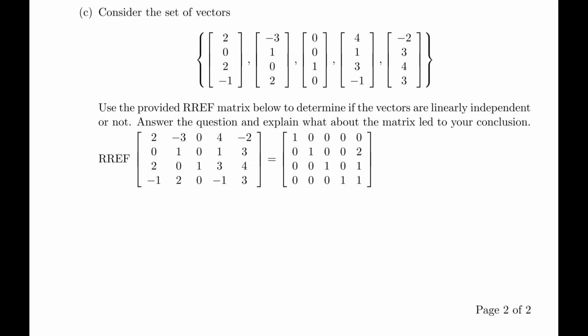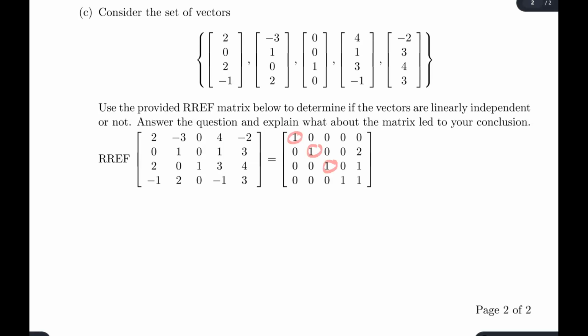All right, the final question. This question, we really didn't need the reduced row echelon form of this matrix because we had 5 vectors in R4, meaning that there was no way, however we did this, we could have possibly ended up with 5 pivots for our 5 vectors because we only had 4 rows, right? And so here we see that